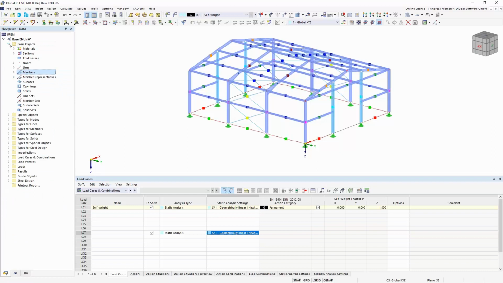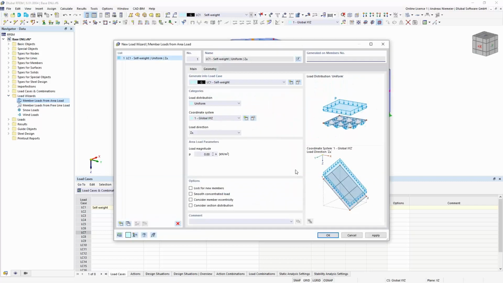One solution is, for example, the wizard solution, member loads from area loads. This wizard is here for defining a load as maybe a surface load, maybe here 10 kilogram per square meter, in Z direction, into the load case surf weight, and it brings it to the members by creating member loads from the surface loads.